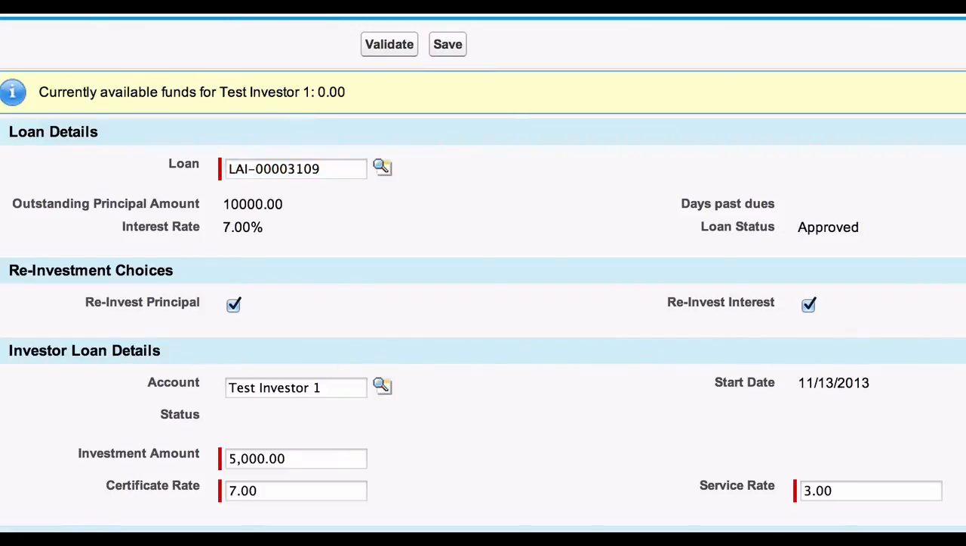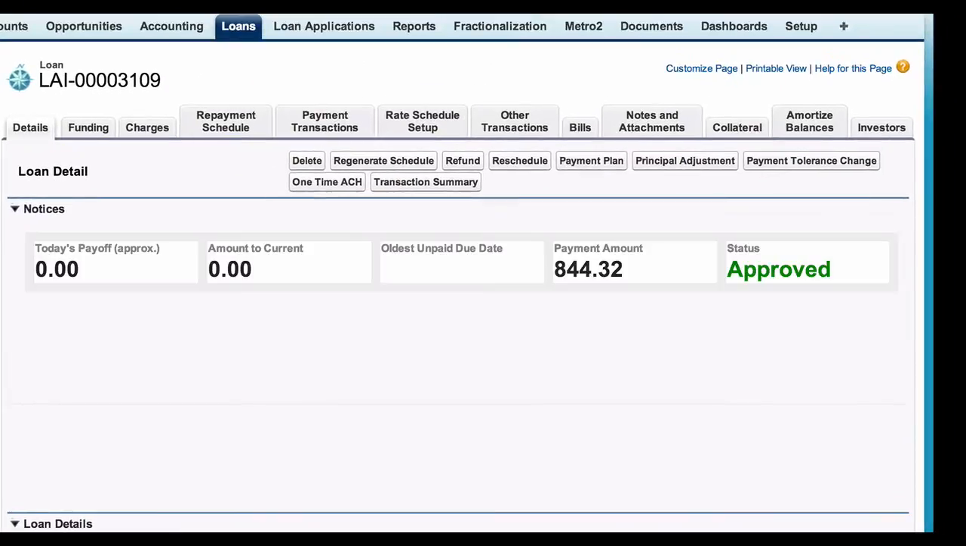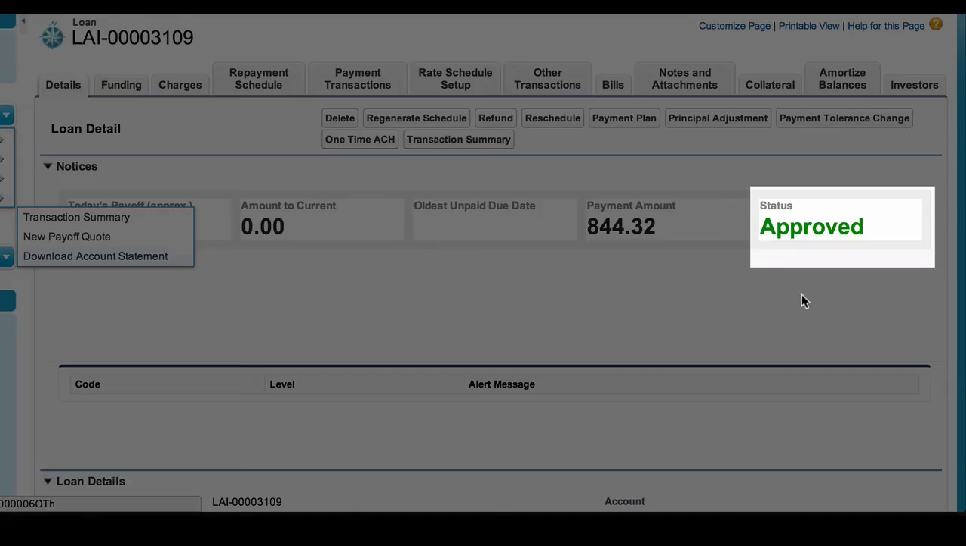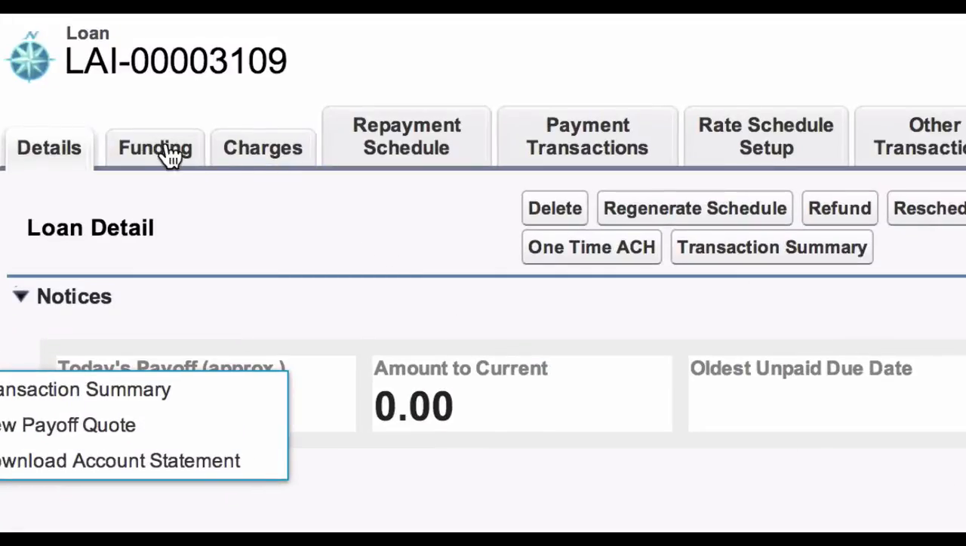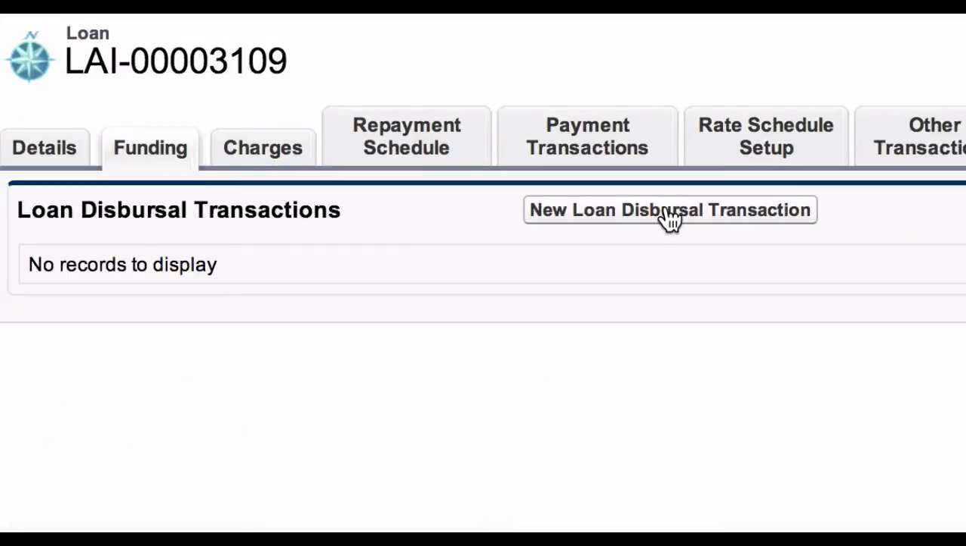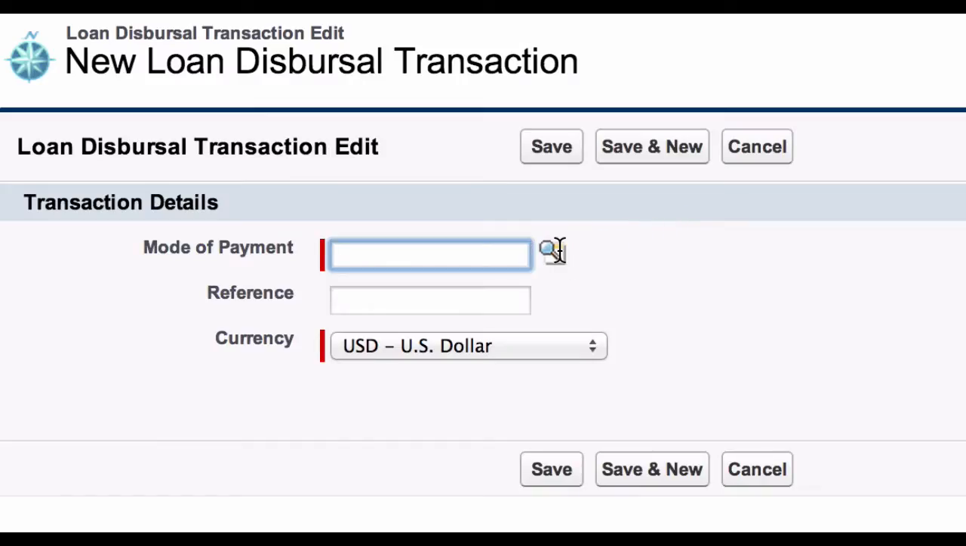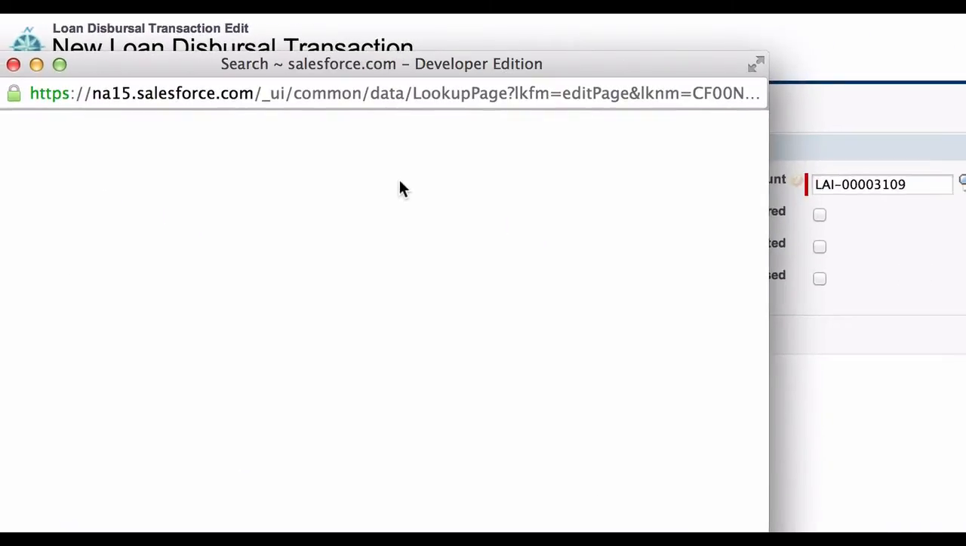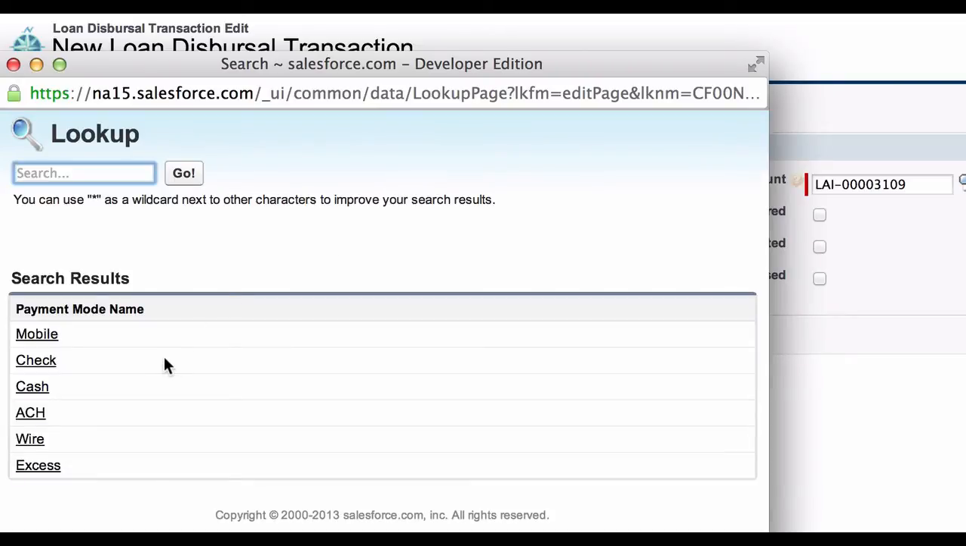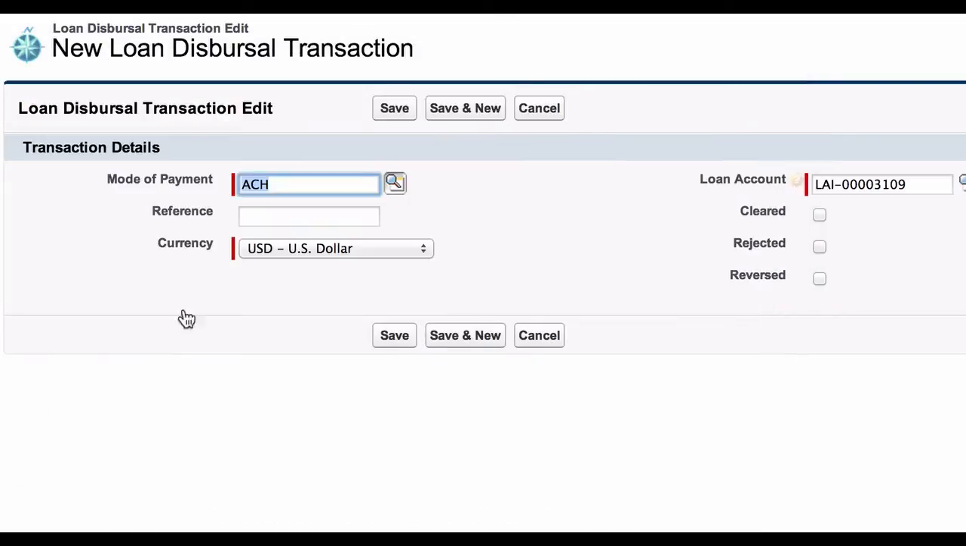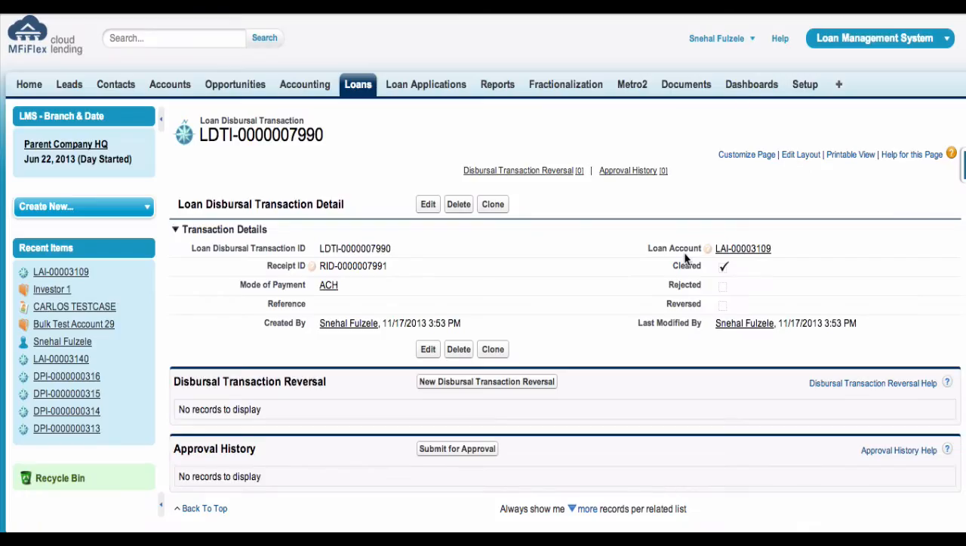Now if we go over to loan 3109, we can see that the loan is approved, but we need to disperse this loan. To do that, we go to the Funding tab, New Loan Dispersal Transaction, select the mode of payment, ACH, and we'll save this. This now opens the Loan Dispersal Transaction page, and on this page we can see that